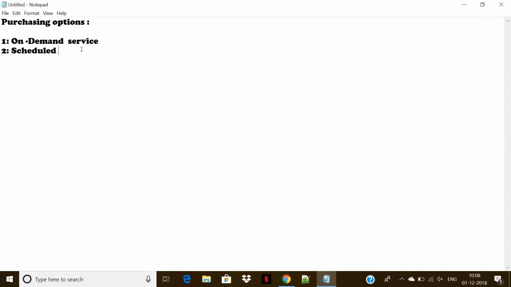The fourth one, the most interesting, is dedicated. Dedicated means tenancy. Tenancy means, for example, in cloud what happens? On top of a storage, there is something known as virtualization created. It can be hardware virtualization, it can be software virtualization, or what we also call para virtual machines. If there is hardware virtualization, on top of a storage there are multiple operating systems which can run in parallel due to that virtualization. The thing is, there is a shared tenancy right now. Multiple OS running using the same storage.